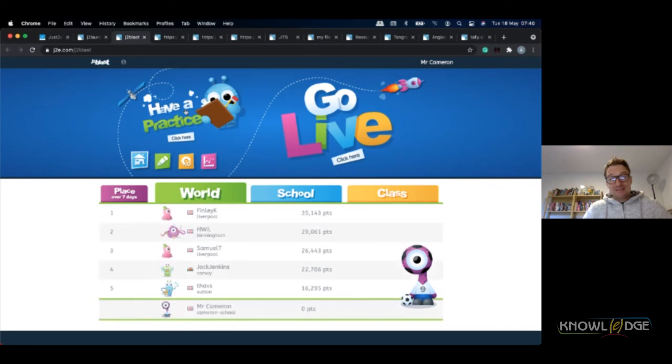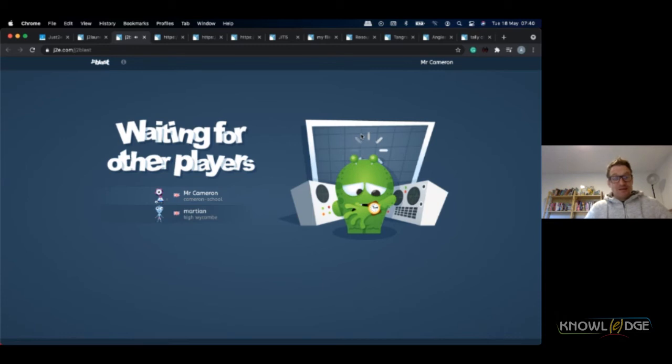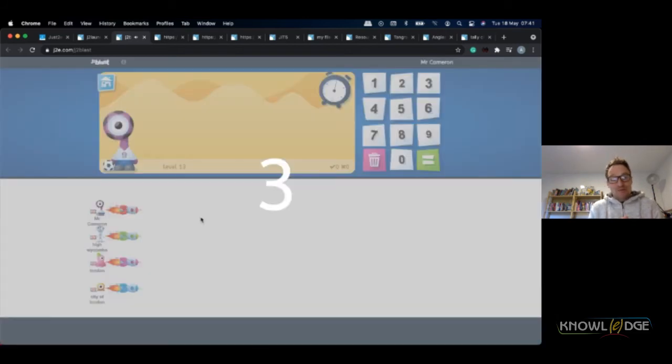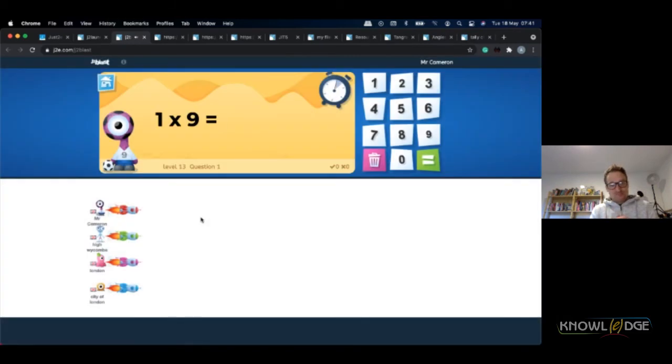Now, when they're practicing, they'll get points, and when they go live, they will be playing against other players. What it's actually doing right now is showing me, at 7:40 in the morning here, that we've got a student who is unidentified but is in High Wycombe, the other side of London to me. We've got somebody else from London coming in too, who's now going to play a game of times tables against me. And you'll see that the children are away and playing this racing game here, and you can see the children just adding very quickly up to their own scores.